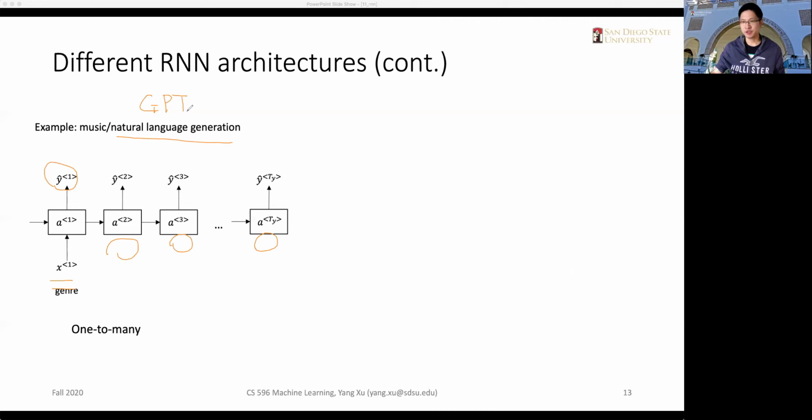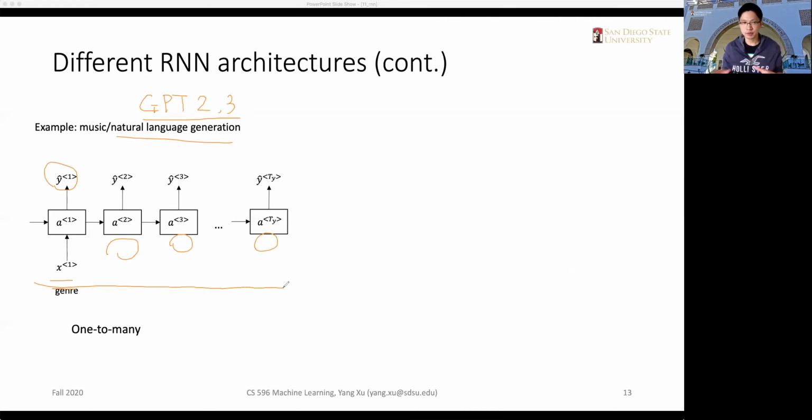GPT first came out in 2018, and in 2019 we have GPT-2, and this year we have GPT-3. And these GPT series models are huge models, and they are kind of different from simple